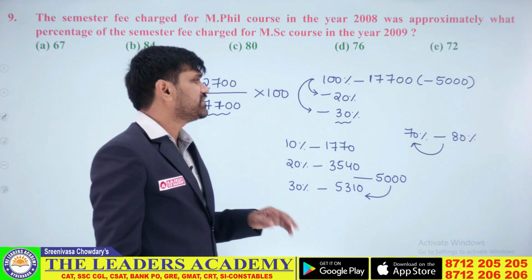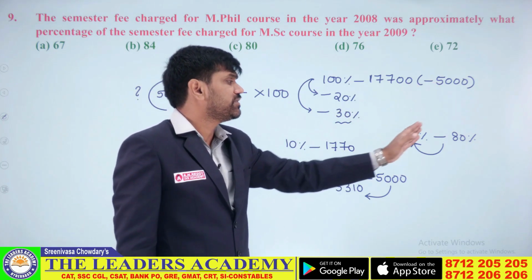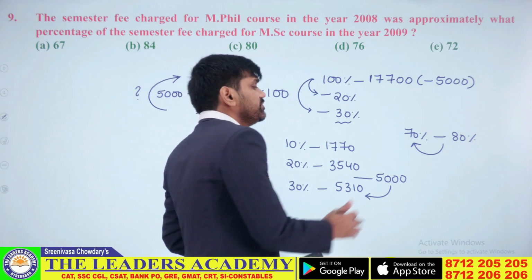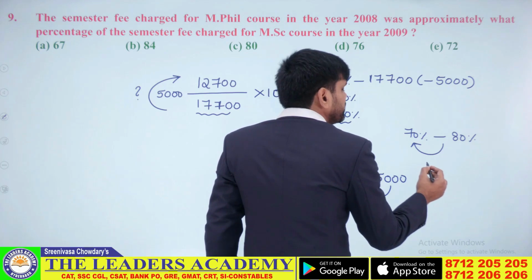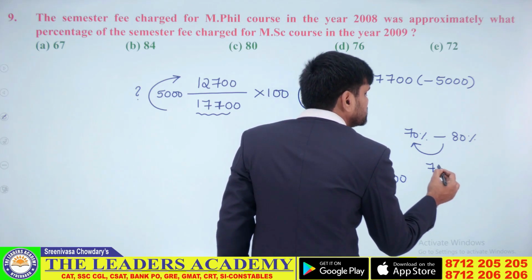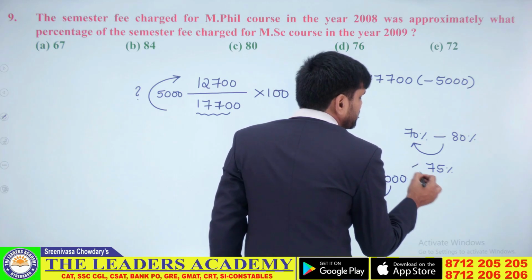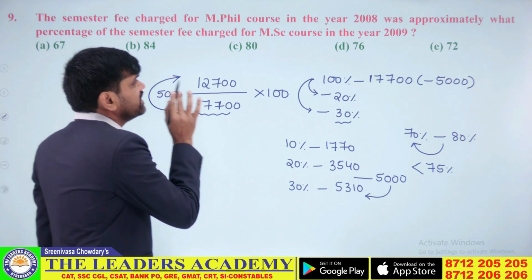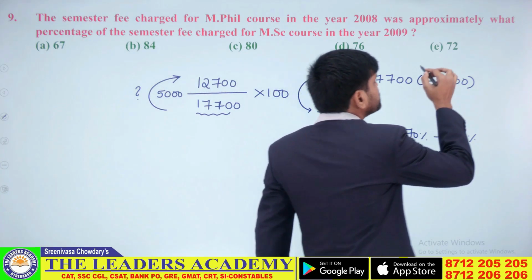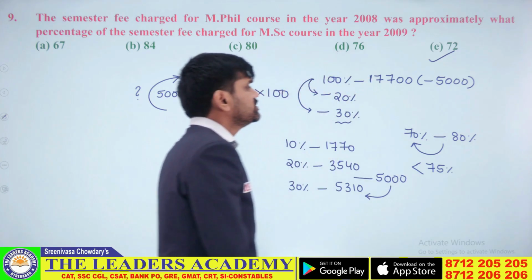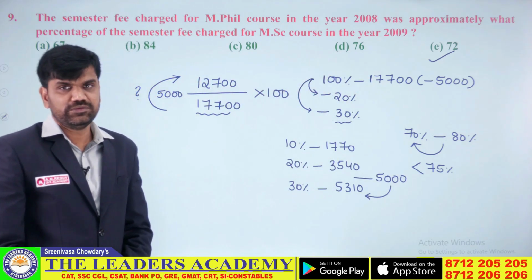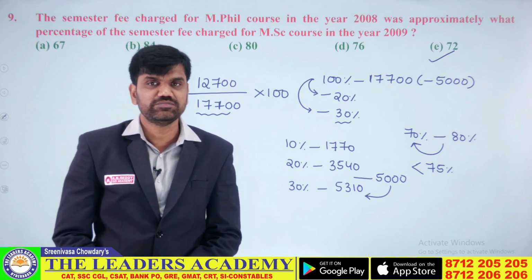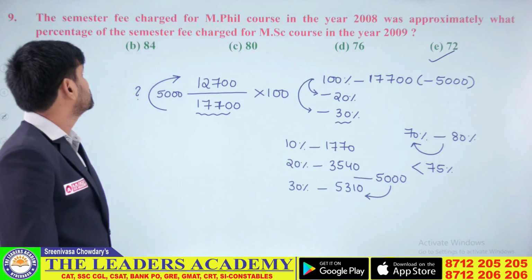Yes, whatever is the number that has to be removed is more nearer to 30%, my answer will be more nearer to 70% only. More nearer to 70% means between 70 and 80, your answer has to be less than 75%. It should be less than 75% and more than 70%. There is only one option, that is option E. Hence your answer has to be what? Option E. We never go for exact calculation, we never go for cancellation as such. Keep this in mind. Okay dear, please make a note of it.